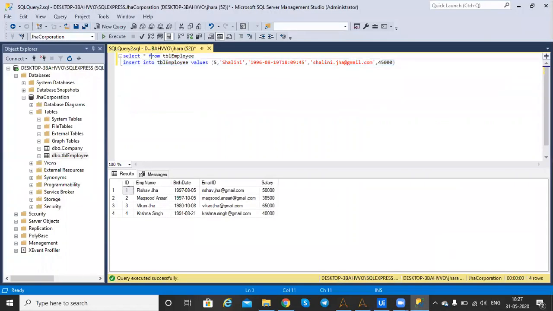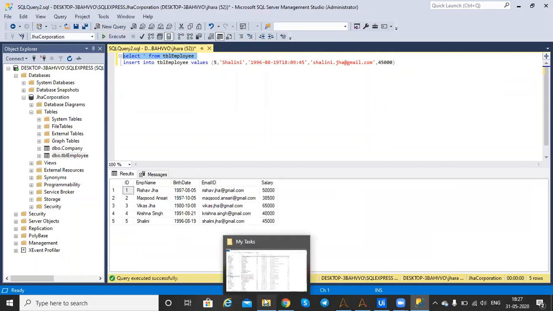Now we get the data that we inserted. Let me check. Yes, here we get the data: Shalini, date of birth, email ID, and salary.